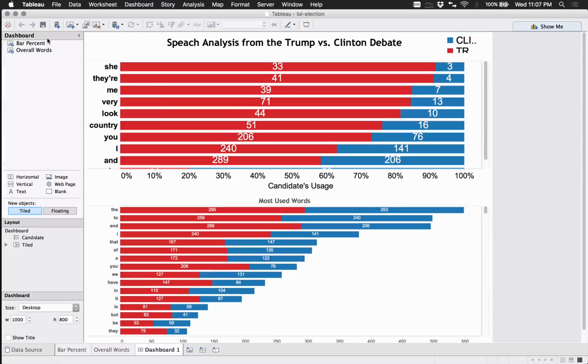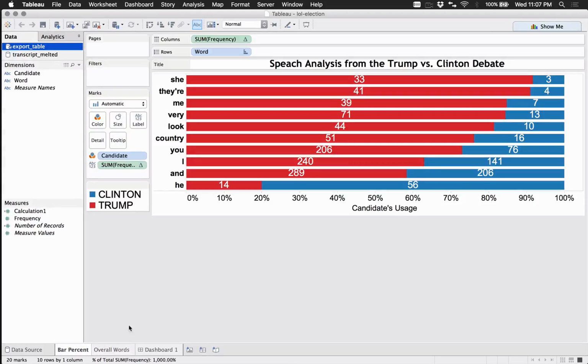Alright, and I've already imported these as bar percent and overall words. The bar percent has Hillary Clinton and Donald Trump color coordinated with their political party. And then I have the percentage tables, and the labels are just the number of records.